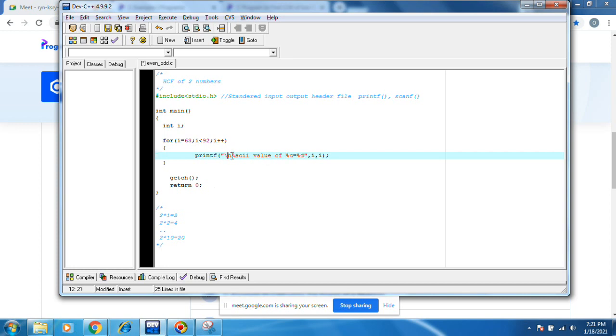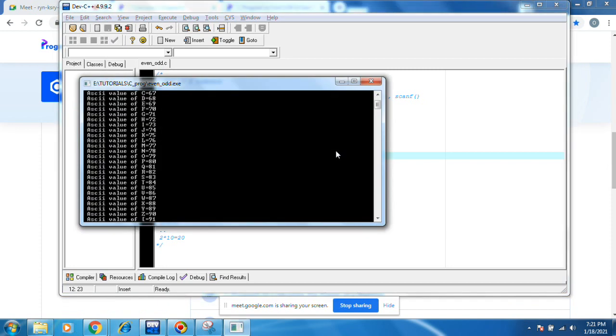It should be somewhat meaningful. Save, execute, compile and run. ASCII value of question mark equals 63. ASCII value of capital A equals 65. All the ASCII values are printed. ASCII value of Z equals 91.